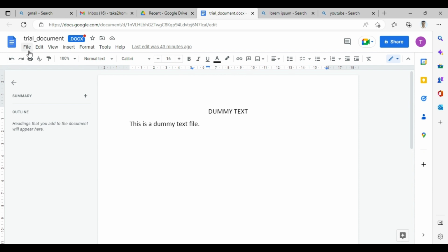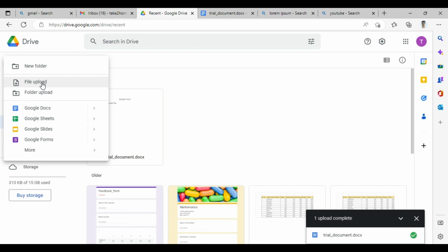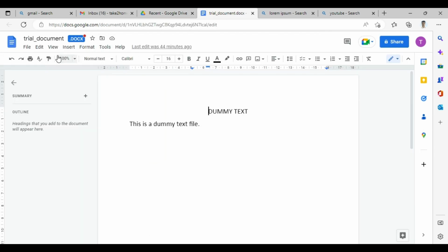If we want to import the file from the file picker of Windows, or whatever the file picker may be, you can go to the Drive and choose New, File upload. What you can do is upload the file. That's possible. Then similarly, I have uploaded this particular file, and to convert the file from .docx to Google format,